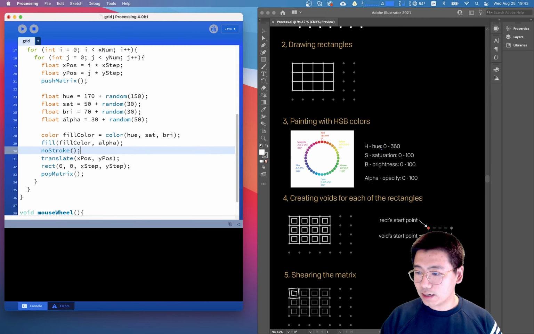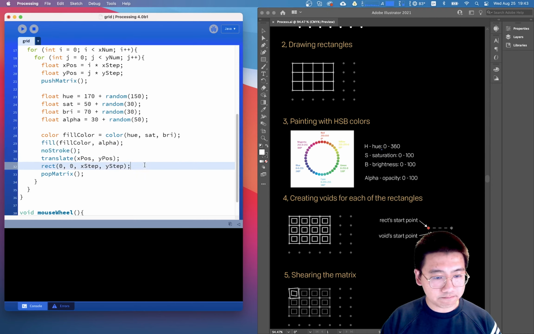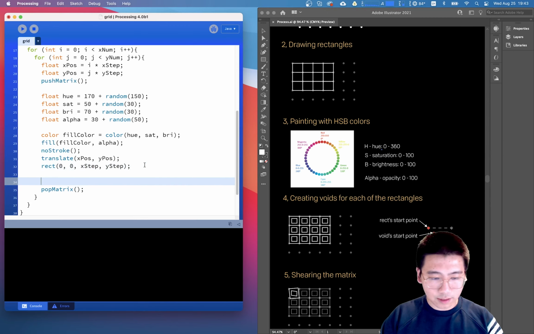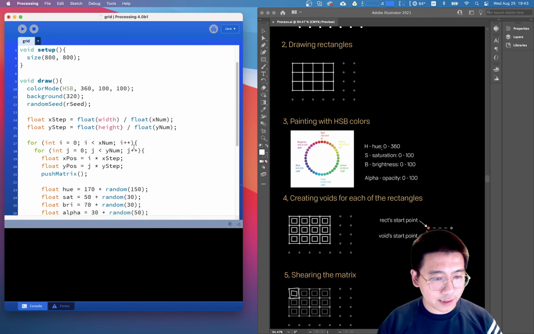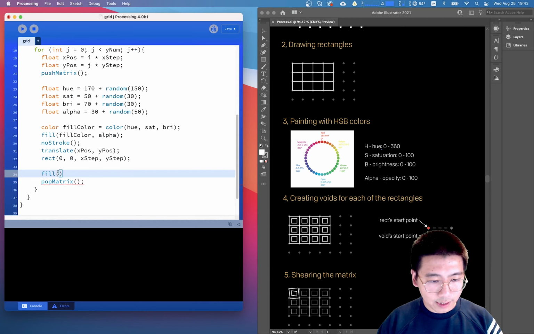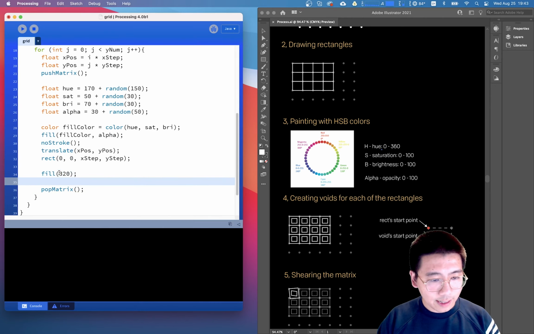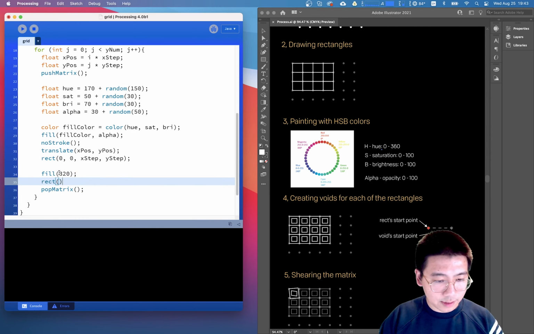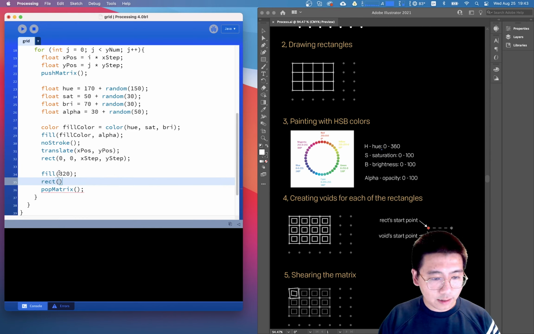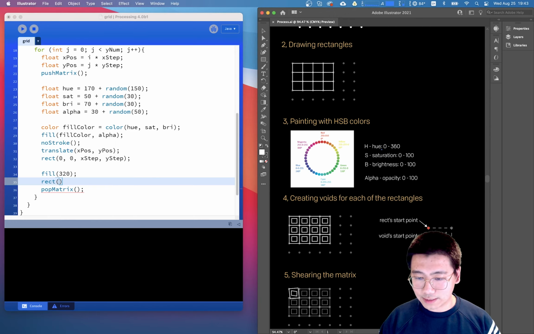So here I want to create another rectangle. First, I need to define the color. I can say fill. Color could be the same as background. I define here it is 320. Then we draw another rectangle here, but there's a little computation here to define the start point, the void